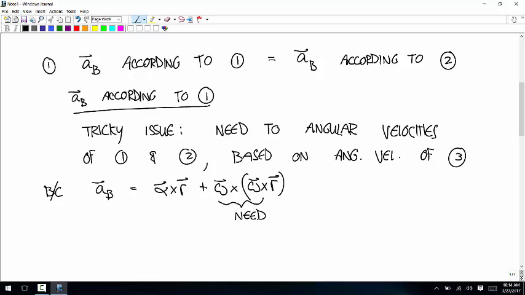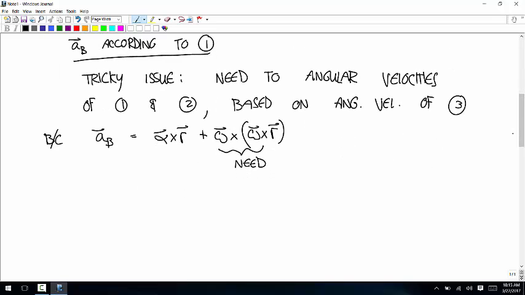So you asked, what if you just treated it as angular velocity equal to 0? You'd get the wrong answer. What we have to do is the same thing that we're doing with the accelerations now. We can do it with the velocities to figure out what the angular velocities are. So to get the angular velocity of 2,